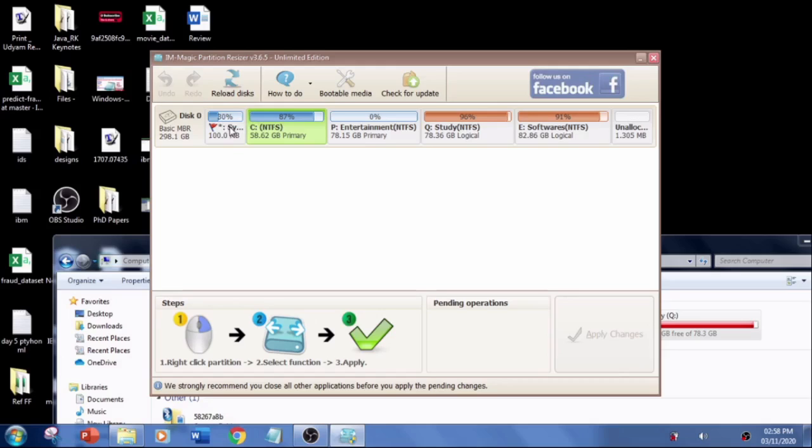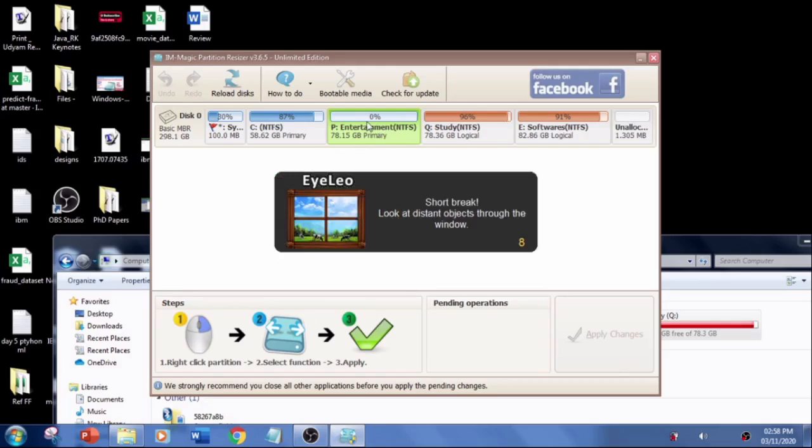So first of all, you need to install the application and open it, check which drive it is showing after C drive, then shift all your files to another drive, then you can do partition. So I'm trying to do it in this way. I have shifted all my files to another drive, that is study or softwares. So now this drive is empty, I want to add 30 GB